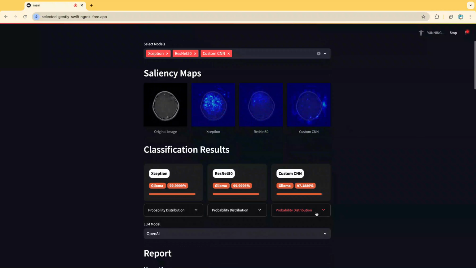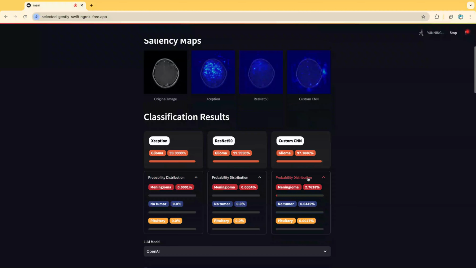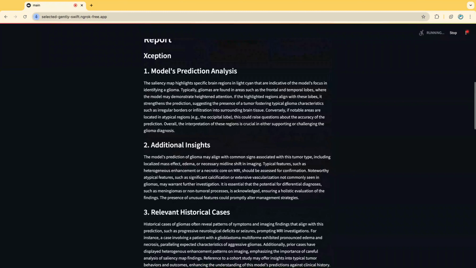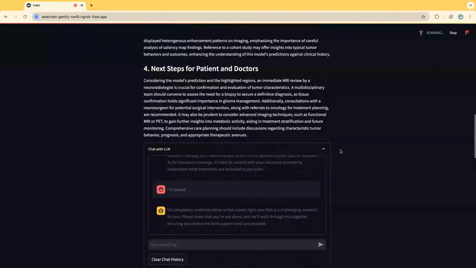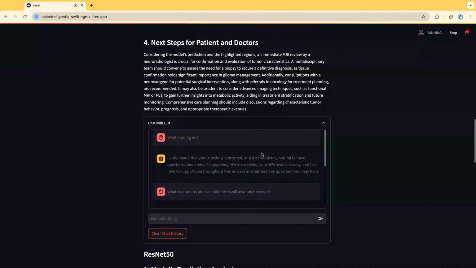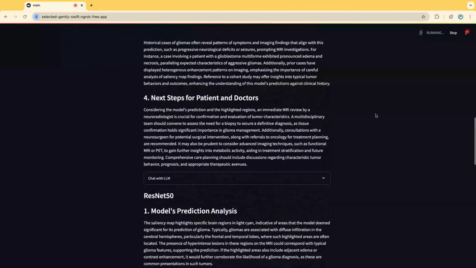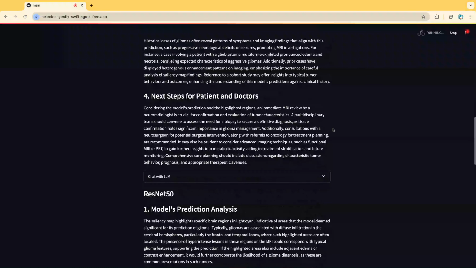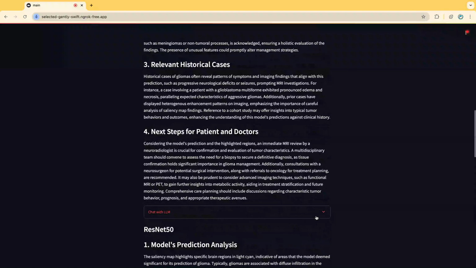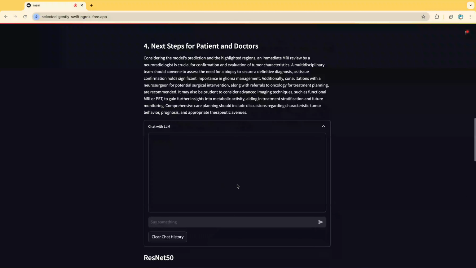So we have these predictions, and again, the probability distribution. As you can see, the custom CNN predicted a much higher meningioma chance than the other models, but regardless of that, again, we have a report. In the future, I would actually like to implement... Wait, this is still loading, sorry. Okay, so as I said, in the future, I would like to make this